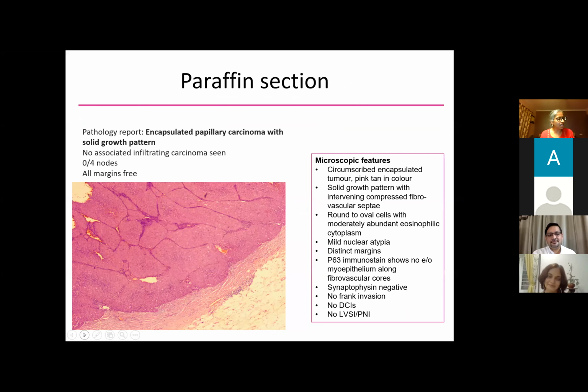Now again, Dr. Ruchika, the previous was actually carcinoma with papillary solid growth pattern. This is encapsulated papillary carcinoma with solid growth pattern. So are these the same? We always get confused. Of course, now after Dr. Tanuja's talk, there is definitely some clarity. But as Dr. Goel has mentioned, we need to go back to the presentation again and again to really get the hang of these papillary lesions.